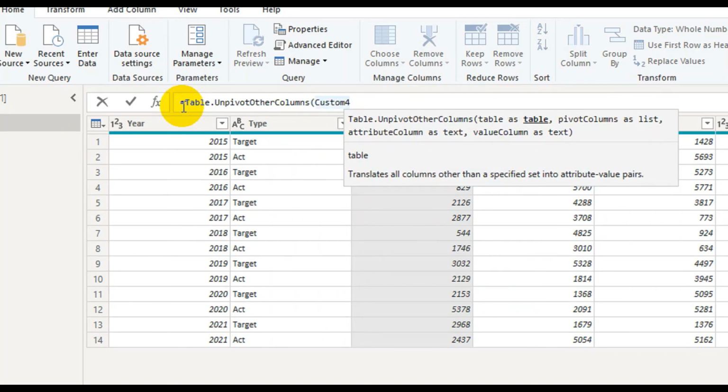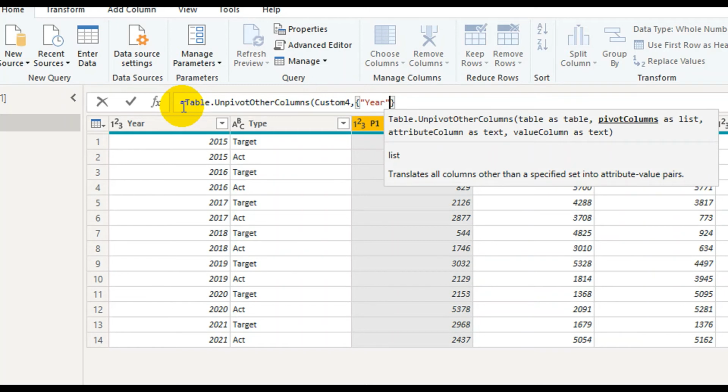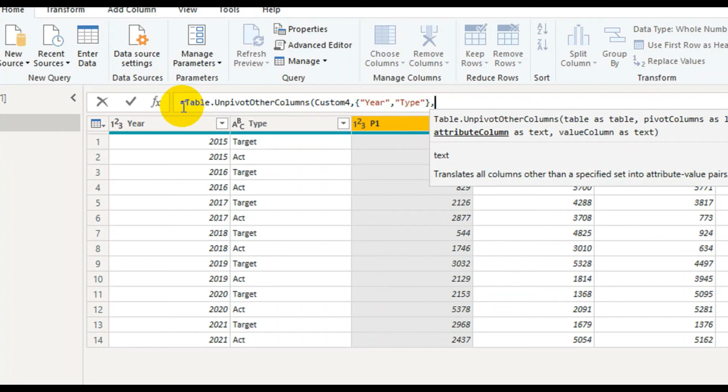And the basis of, the columns which are not unpivoted and which will be standing as rows, that is year and type. So for that, pivot columns as a list. So the moment it's a list, we need to open the curly bracket there. I need to give the name year, that is the first column. Second column is type. And when I unpivot this entire list of columns, the product columns, 2 columns will be created. One column will have all the product names like P1, P2, P3, P4, and another column will have all the values. I need to name them. So the column name is product.